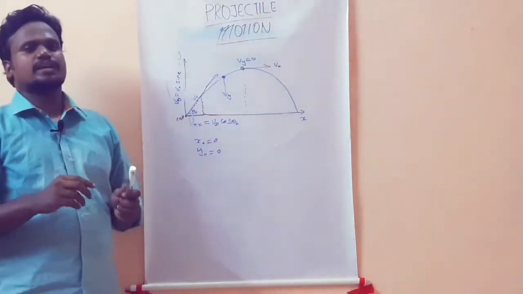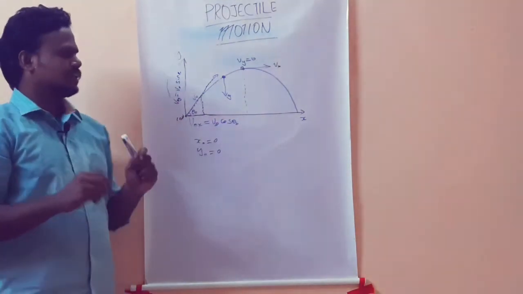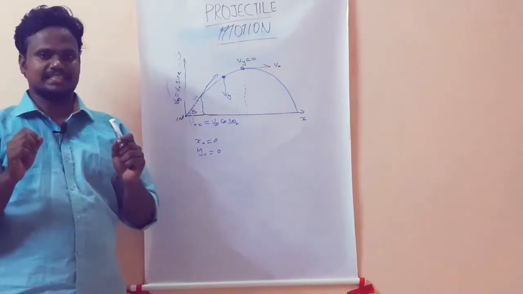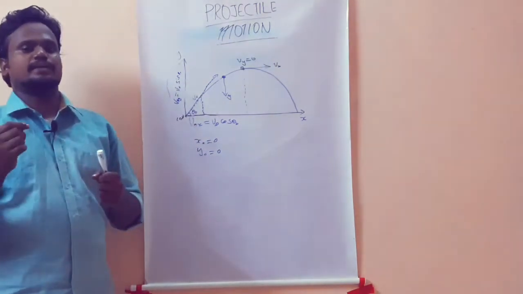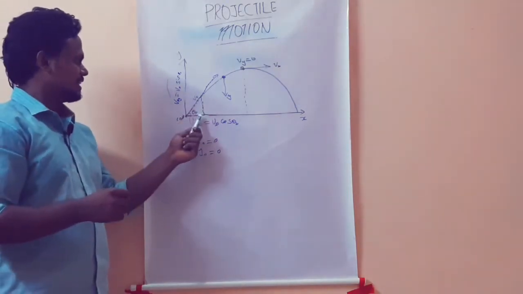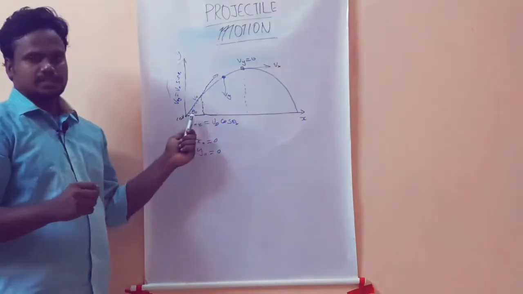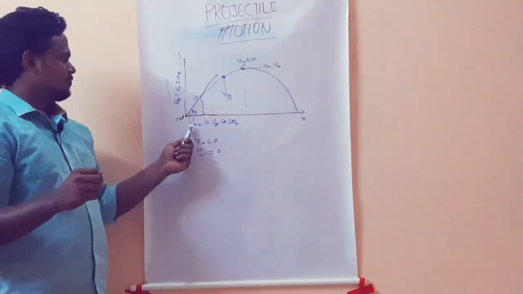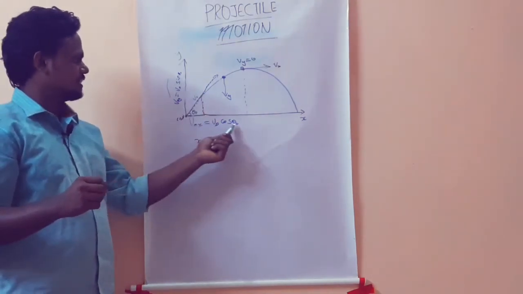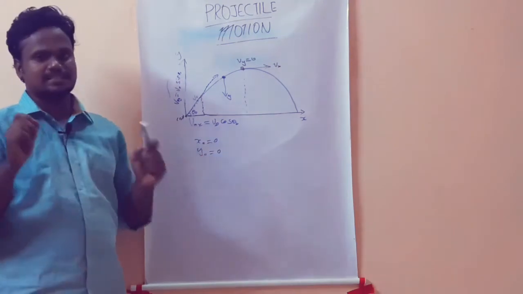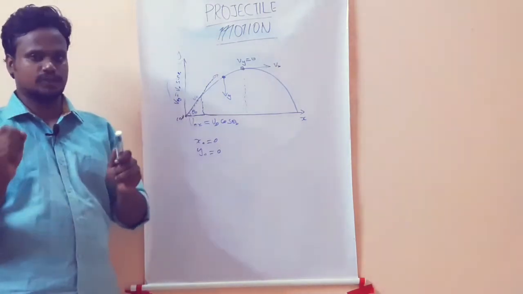Now we are going to specify the components of velocity along the x-axis and y-axis. The component of velocity along the x-axis is given by cos theta equal to adjacent side by hypotenuse. If you look at this triangle, it is a right angle triangle, so this is the adjacent side, which gives the x component of velocity. So v naught x equal to hypotenuse, that is v naught, into cos theta. That gives the x component of velocity: v naught x equal to v naught cos theta naught.